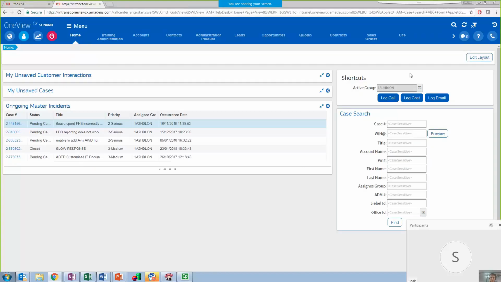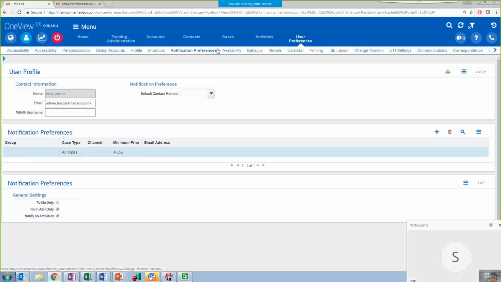If I'm working on a case, for instance, and trying to understand how to assign a case or assign and follow up, I will do it from here.